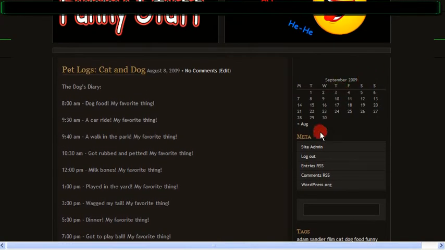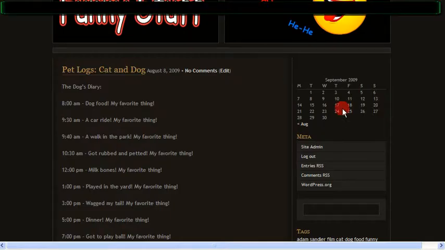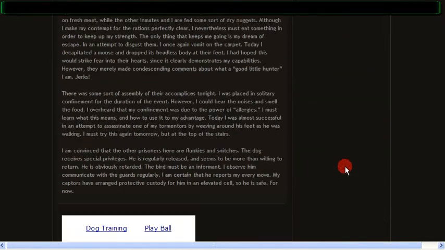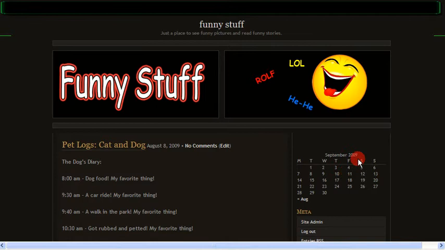See how I have the calendar here? Well, as you can see, calendar is an option for a widget. Now my theme only has one sidebar, which is over here. This all the way down through. This is the sidebar. Some themes have 2. Some themes have a sidebar here and a sidebar over here. It'd be sidebar 1, sidebar 2. So in my sidebar I have calendar,